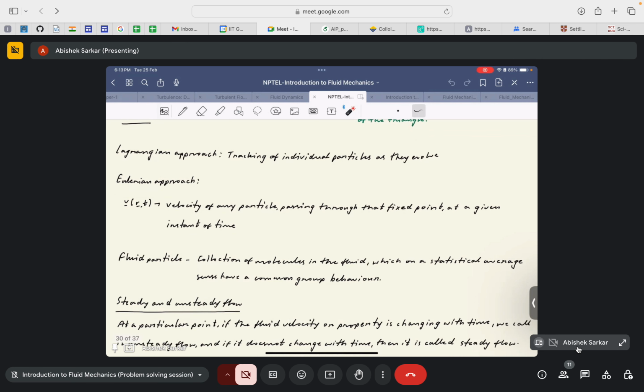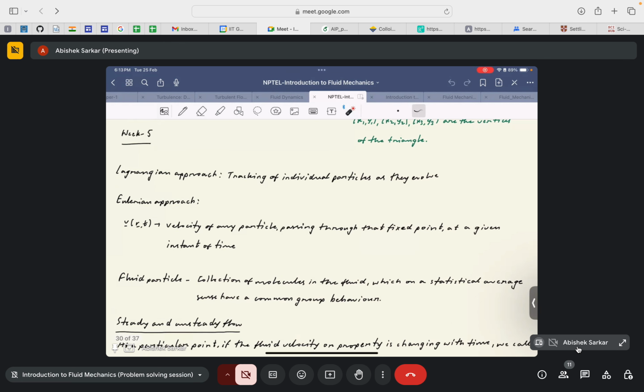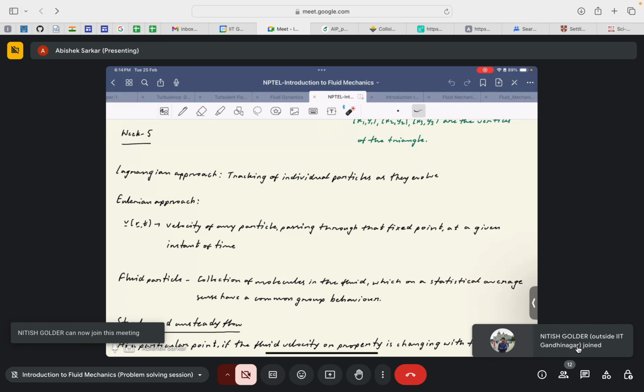So fluid kinematics starts with the Lagrangian and the Eulerian approach. These are things that we discussed at the beginning of this course, and I know you know them quite well, and Professor Chakraborty has very nicely reiterated them in this week's discussions. The Lagrangian approach basically means tracking individual fluid particles as they move in the domain. And the Eulerian approach basically deals with